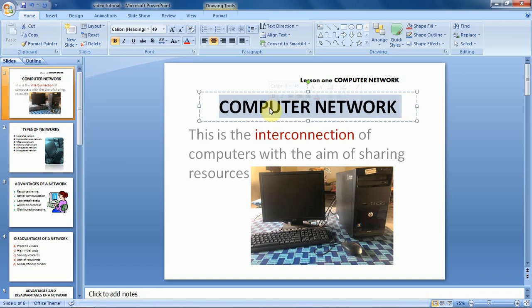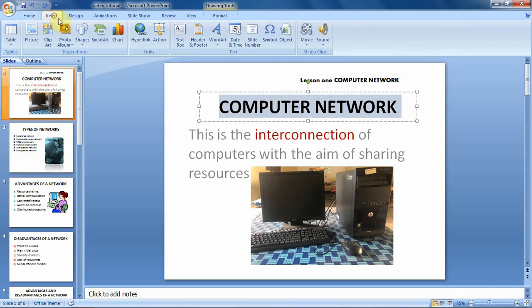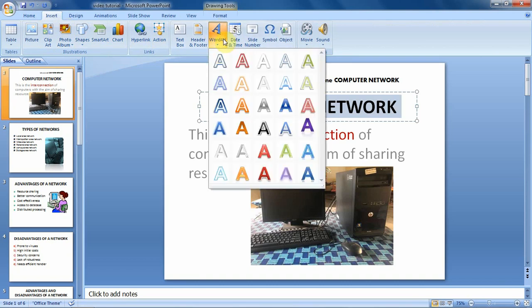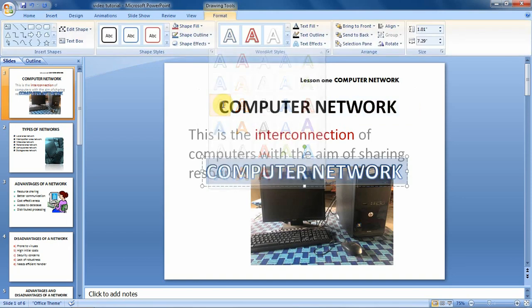So after selecting that text, you go to the Insert tab. So from the Insert tab, we shall work with this text group. And this is the WordArt feature we are interested in. So we click. So when you click, it will display for you a menu with different text styles that you can now go ahead and apply to this selected text in your slide. So assuming you would like to use this style, then you click on that style and it will be inserted